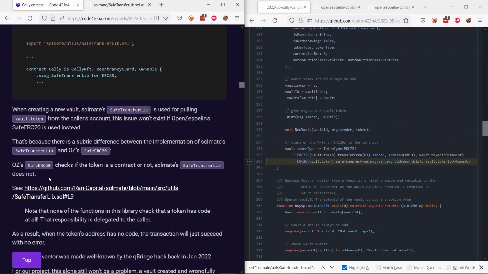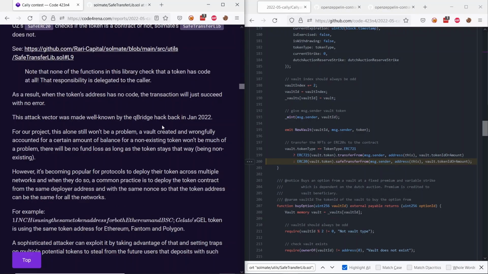So going back to our vulnerable code, since the Solmate SafeTransferLib does not check for contract existence, this line may be successful even if no funds are actually transferred into the vault. This attack vector was also utilized in the Qubit Hack in January 2022. Do a Google search of the Qubit Hack and you'll be able to find some articles giving you a bit